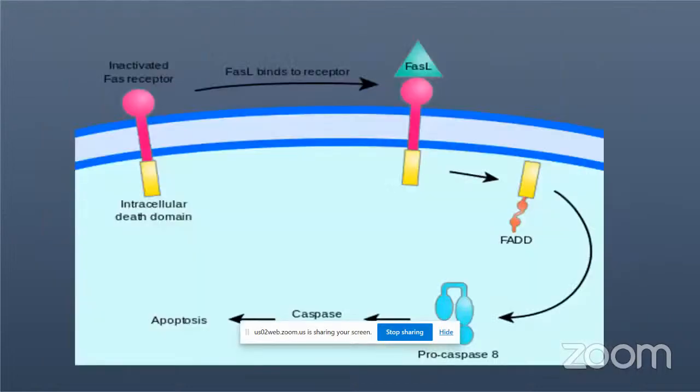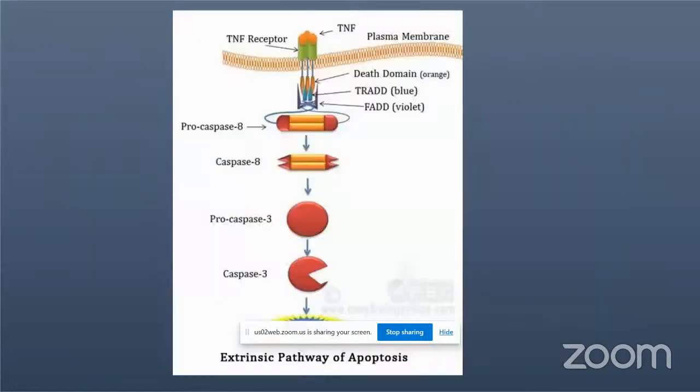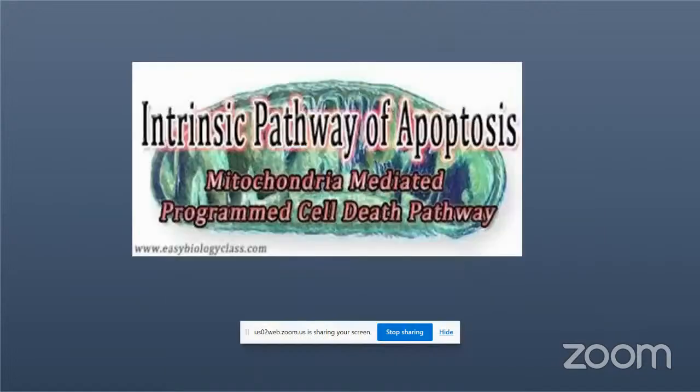This is another diagrammatic representation which will clearly show it. I already explained this picture. This is also the extrinsic pathway of apoptosis. These are the extrinsic pathways of apoptosis. Then next we will discuss the intrinsic pathway of